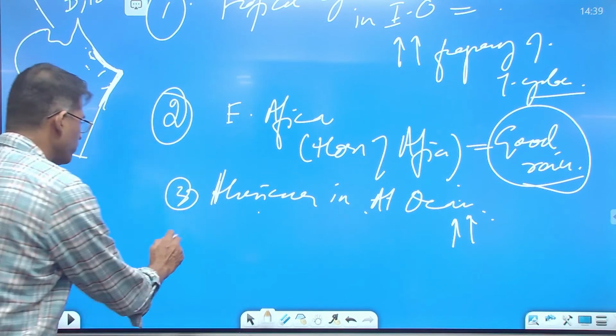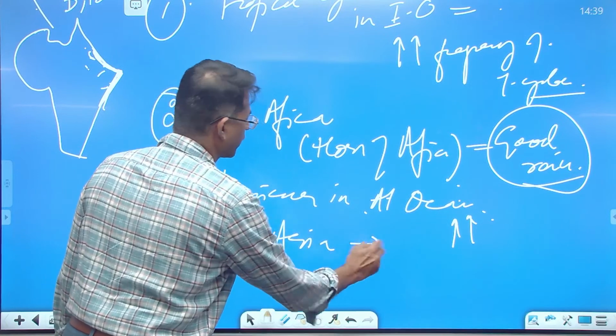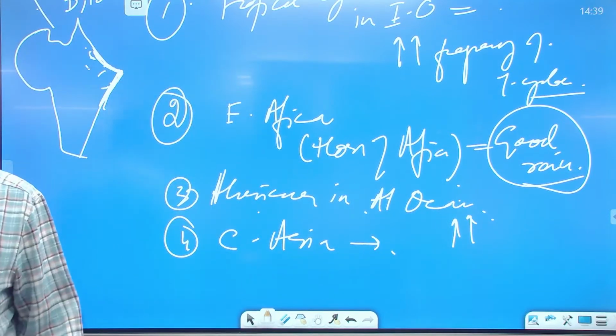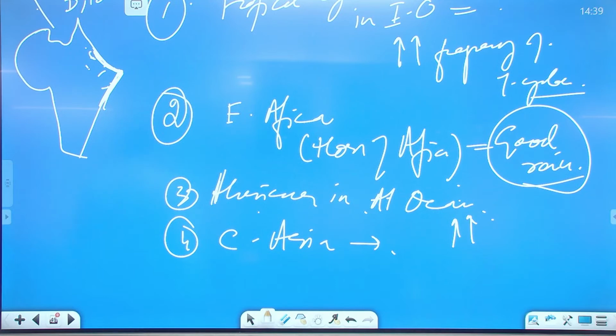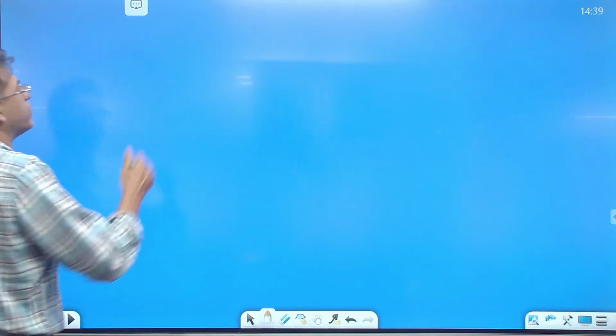What happens to the rains in Central Asia? Central Asia will also have relatively better rains. Uska reason hai, there's some impact of the upper tropospheric winds. Okay, aloft, ऊपर में कुछ jet streams आते हैं. Those frequency increases. तो अगर आपको याद रखना है, in general अगर पूछेंगे ना, remember, El